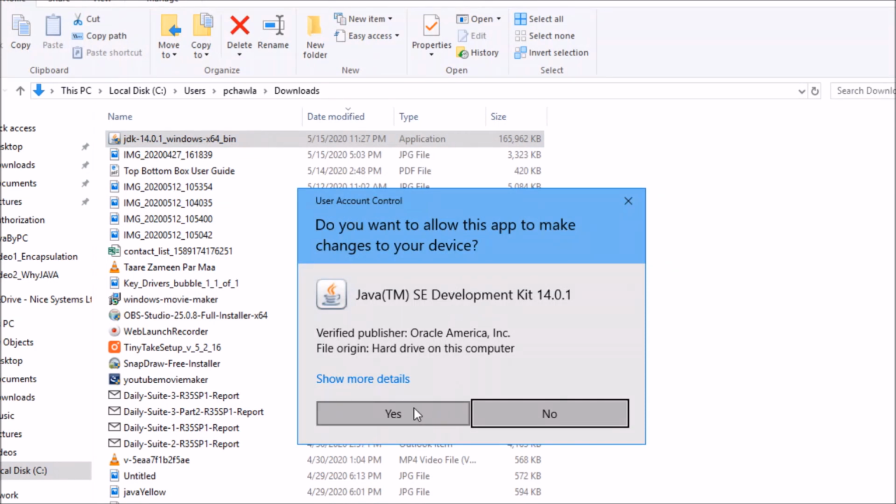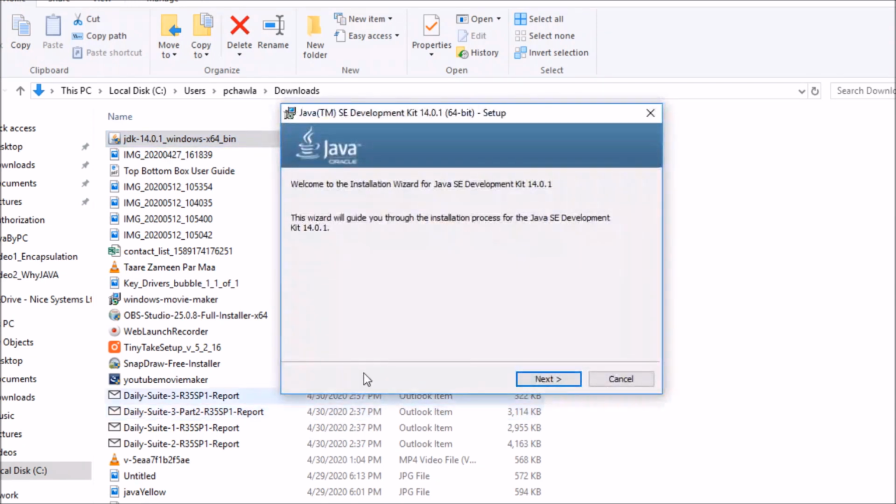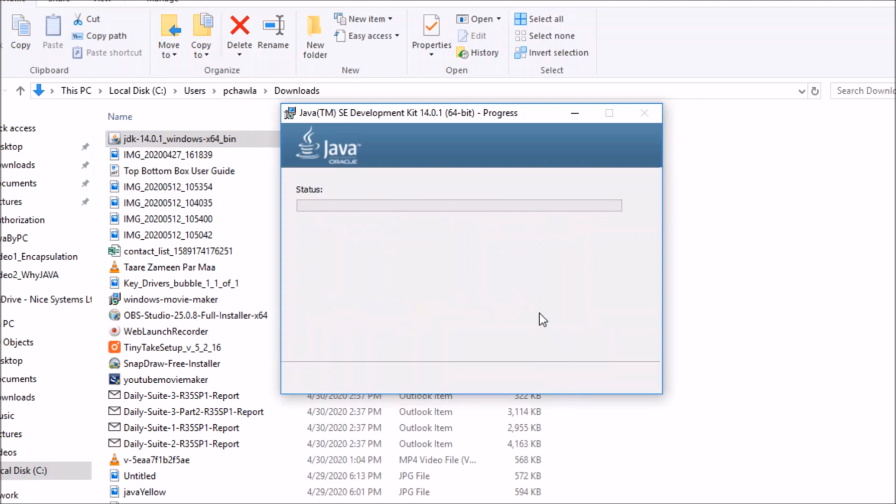So you can simply give the permission. So you can simply click on next. If you want to change the path where you want to store the Java files, then you can change it from here. Otherwise you can simply click on next.